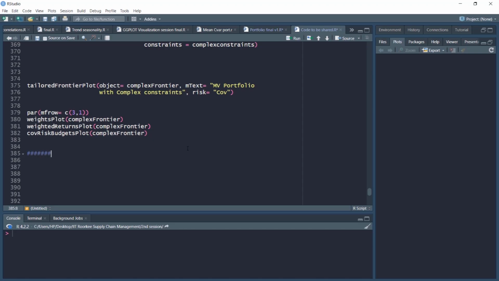They can be replicated simply using the functions that we have discussed already in this lesson. So we'll just initiate a mean CVAR portfolio. Earlier we were using standard deviation or variance, or what we called here covariance risk. We'll replace that with CVAR, conditional VaR risk. To initiate that object, we'll simply use this CVAR spec object and initiate it with the portfolio spec